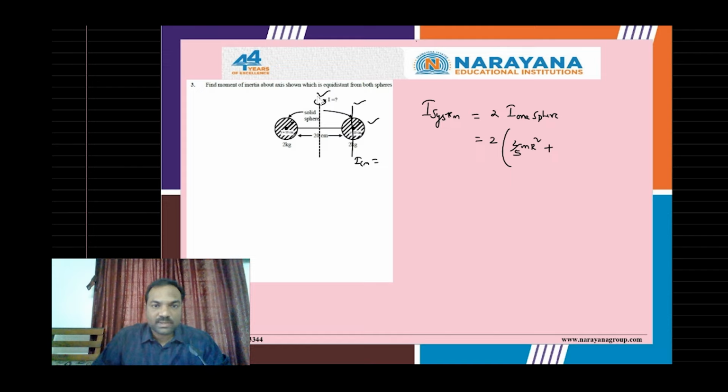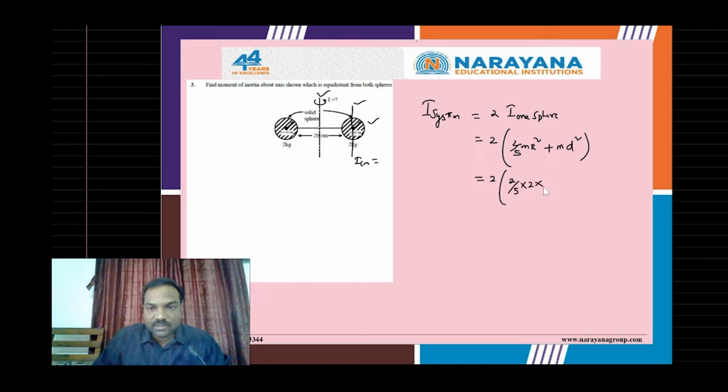Follow the cursor, so you will understand. About this axis they are asking, both the axes are parallel to each other, so we will apply the parallel axis theorem, m d square. If we go with the calculation, let us say 2 by 5 into mass of the sphere as given, 2 kg,